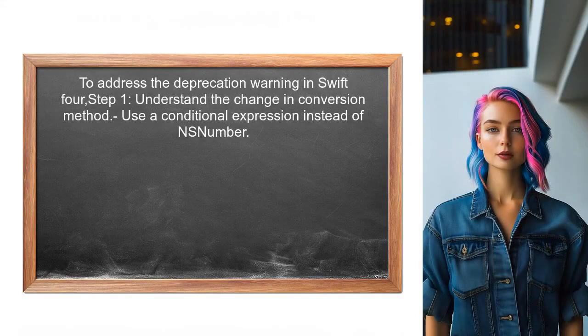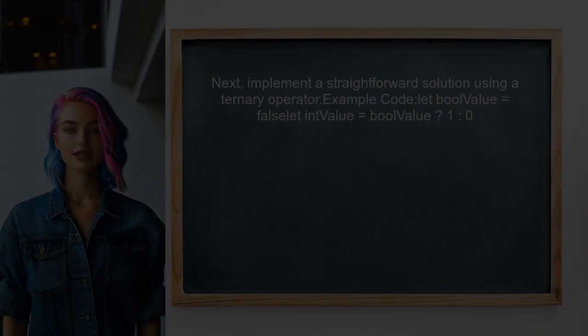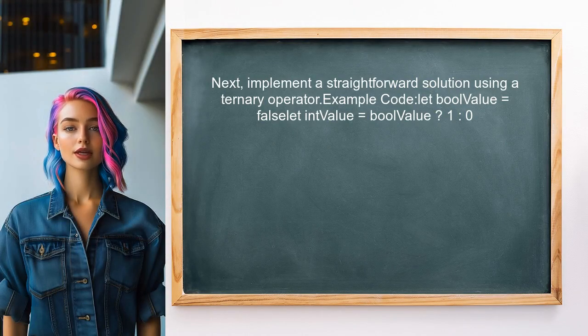To address the deprecation warning in Swift 4, the user should first understand that the method of converting a Boolean to an integer has changed. Instead of using NSNumber, we can use a simple conditional expression. Next, the user can implement a straightforward solution by using a ternary operator. This operator allows the user to check the Boolean value and return either 1 or 0 based on its